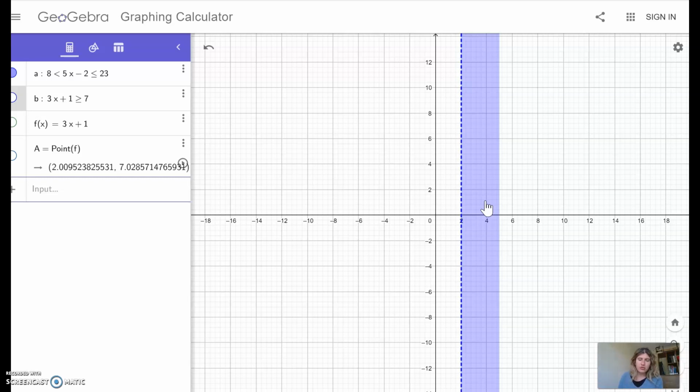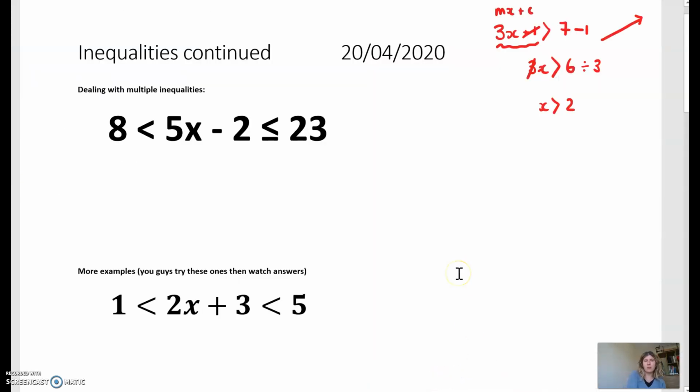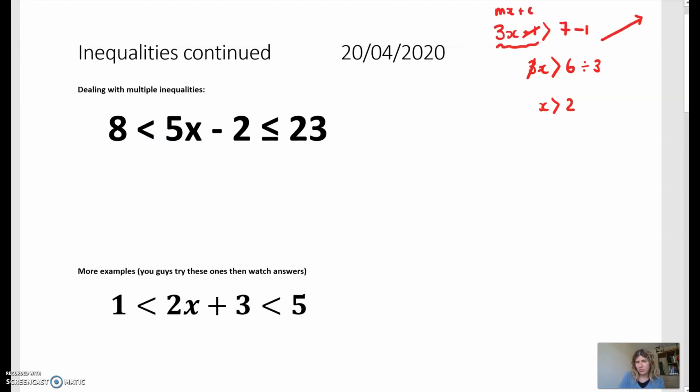But you might want to use GeoGebra as you're doing this, and you might want to actually graph it and see what kind of answers you're getting. So from here, when you're solving multiple inequalities, we pretty much solve it in a similar way as we did the last ones, except you're going to split it up into two equations. So we take this 8 and we copy that down first,